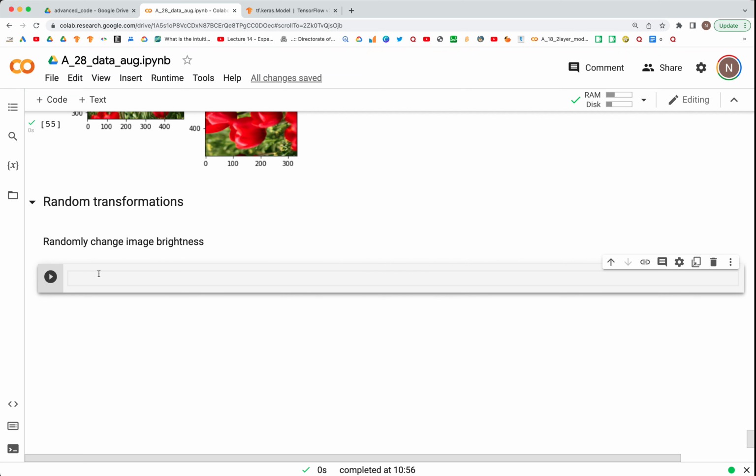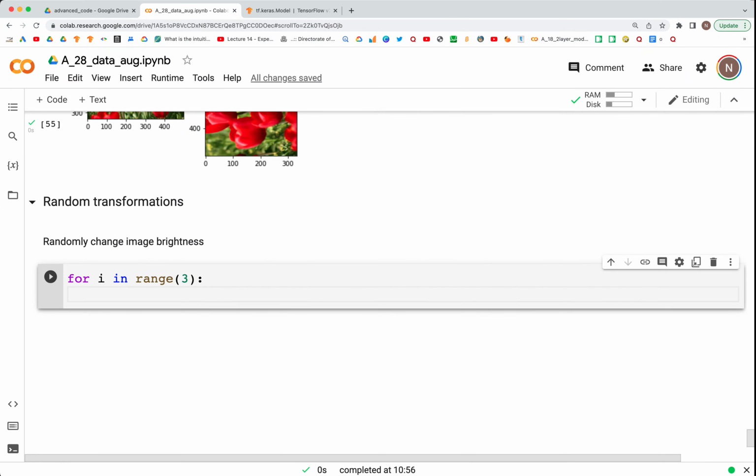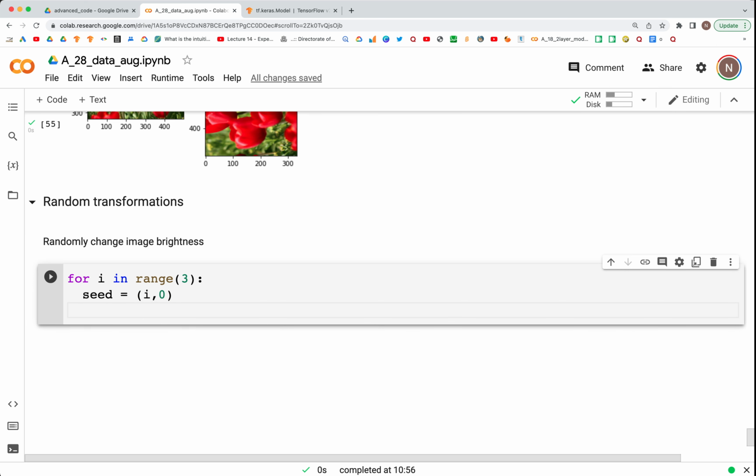So to randomly change image brightness, again we are going to use tf.image and then stateless_random_brightness. And for that we'll create a for loop for i in range 3. So we'll look at 3 different brightness levels. Seed is equal to i comma 0, and this is so that we get the same values